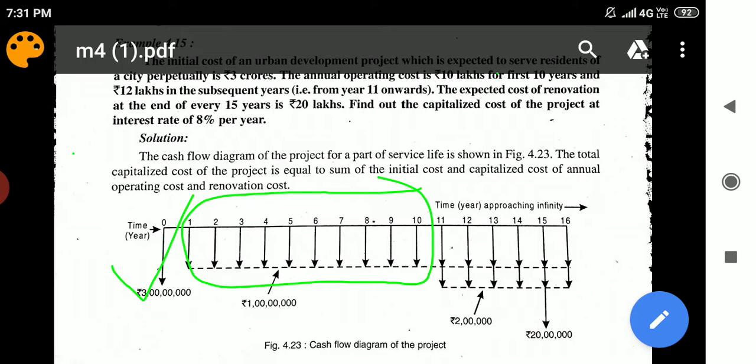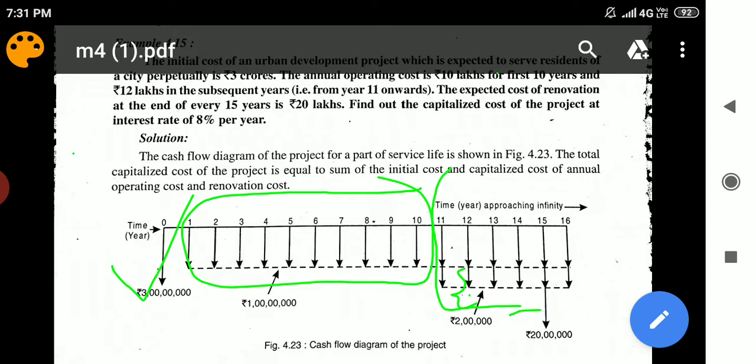After 10 years, we have to put the money as 12 lakhs. So 10 plus 2 is 12, so we have to put an extra 2 lakhs. So what he mentioned is 10 years and 12 lakhs for subsequent years. From year 11 onwards, 2 lakh extra